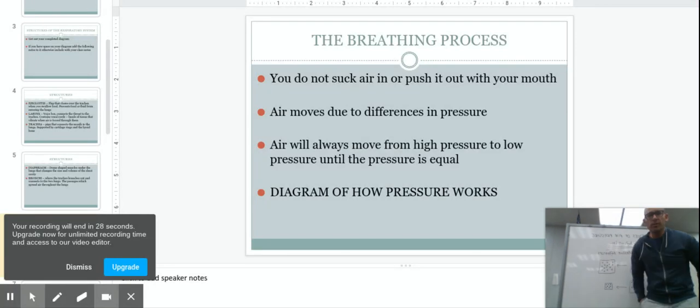Okay, so before we talk specifically about air pressure in the lungs, a couple of things you need to know regarding air pressure. The first and most important rule is it always moves from high to low. If we have an area of high pressure and an area of low pressure, the air always moves in that direction. It's the same on the small scale, what's happening in your lungs, breathing in, breathing out,